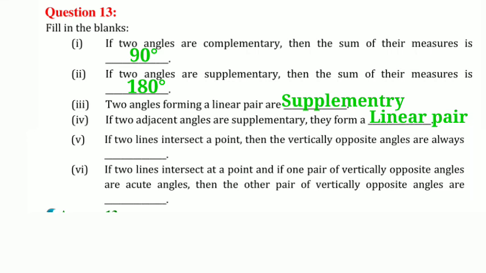If two lines intersect at a point, then the vertically opposite angles are always equal. If two lines intersect at a point, and if one pair of vertically opposite angles are acute angles, then the other pair of vertically opposite angles are obtuse angles. So again, these are the summary of the total exercise. Once you go through all the answers,